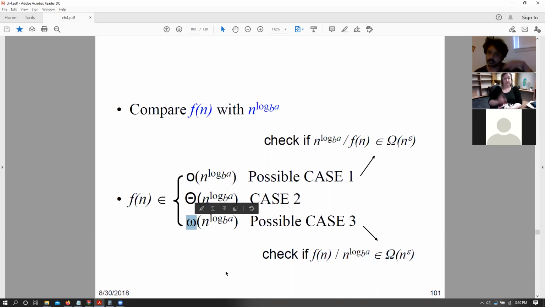Case 3 checks for little omegas and big omegas, right? And that is why we have this reverse, and this essentially comes from our limit discussion that we had earlier, where we were checking for the limits that are greater than 0 and less than infinity. So this is where that particular thing comes from. And then we also have theta, that is case 2, where both of those things have to apply. You can also think of that as the limit needs to be greater than 0 but less than some particular constant c. But we don't need to check for that, because it always says that without even adding or subtracting an epsilon, f of n needs to be the same as n raised to log base b of a.